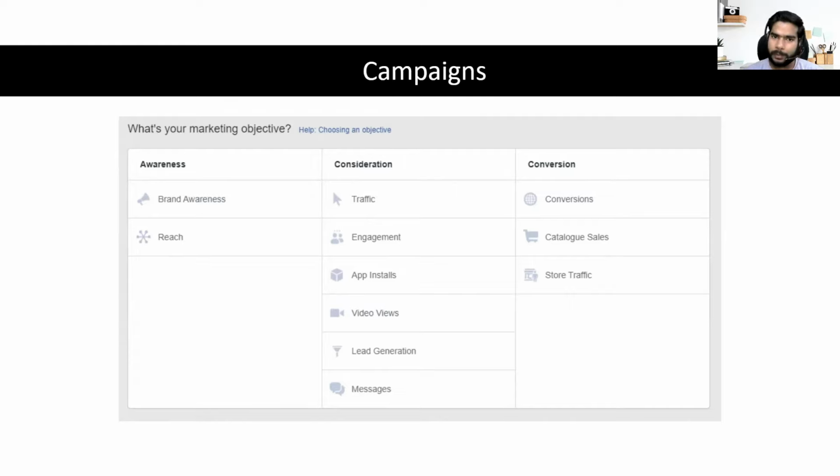So you need to go to the milkman to get milk, not the grocery shop. If you're going to the milkman and asking for rice, that is why most people's ads go wrong. People want leads, but they are running traffic campaigns. Why? Because traffic campaigns are cheaper. People want sales, but they are running lead campaigns. So these are the things, right?